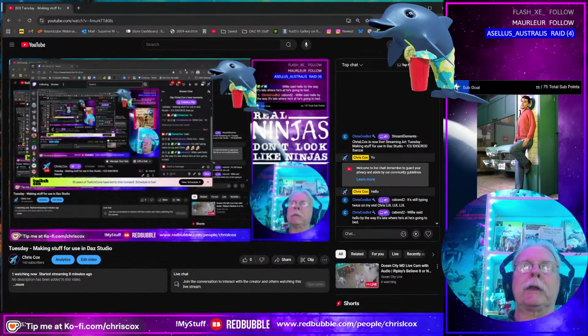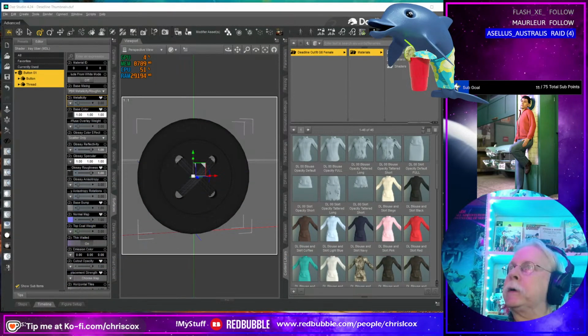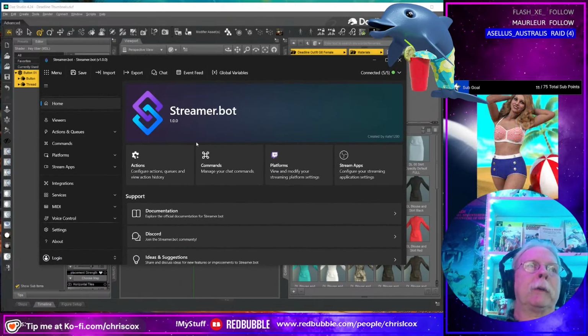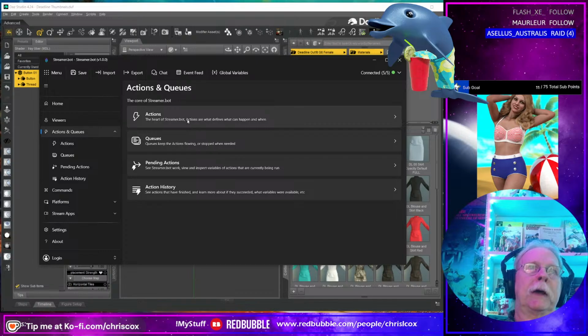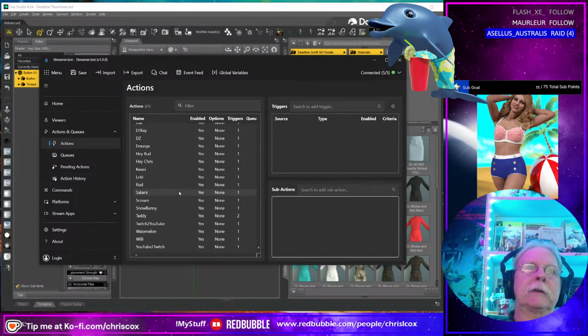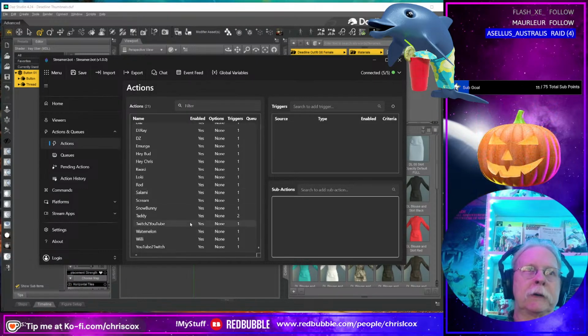All right, put that there. Let's see if I can remember how to do this. I think I have to go over to actions and queues. Is it in actions? It is in actions. I set up all of this stuff. This is where the commands are. Someday we're going to add a sounder to the Kiwi command.